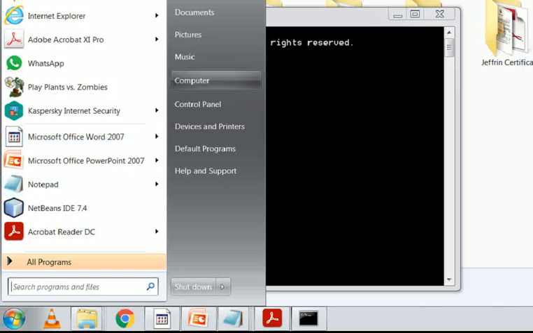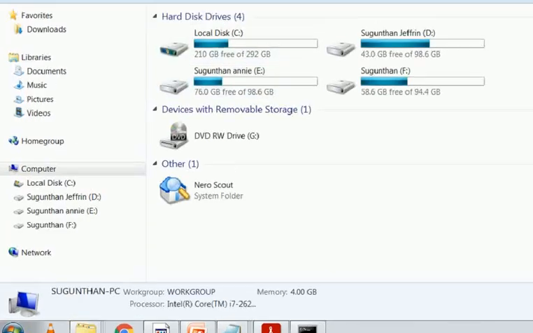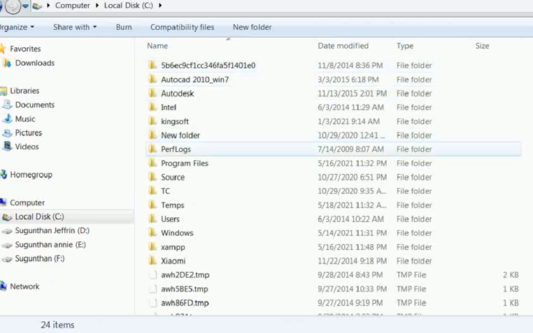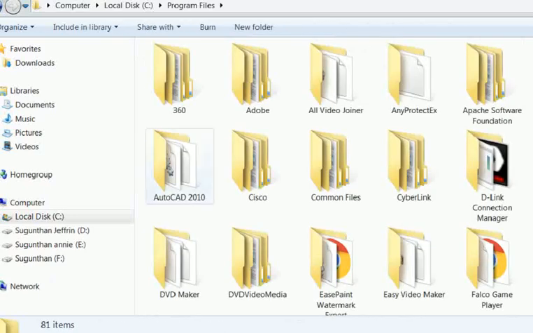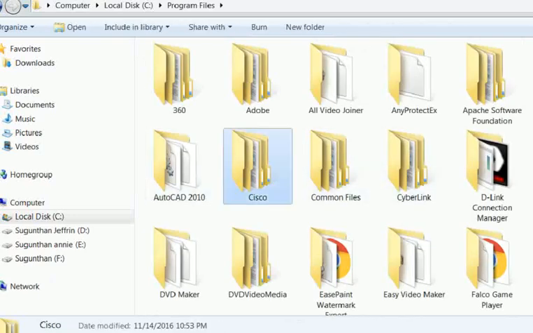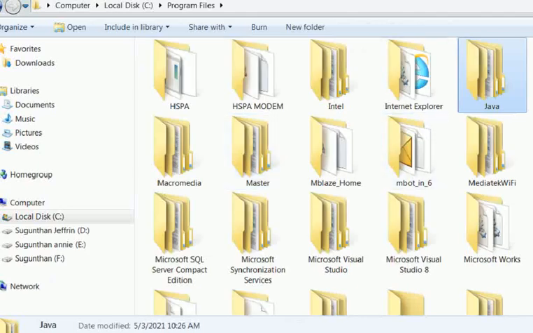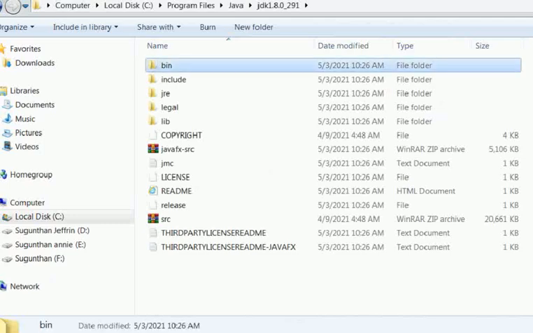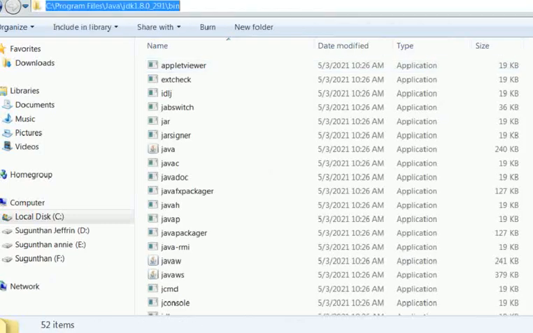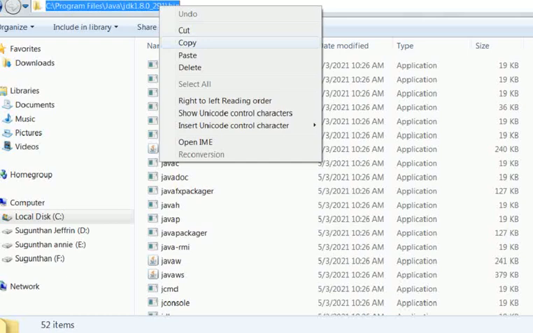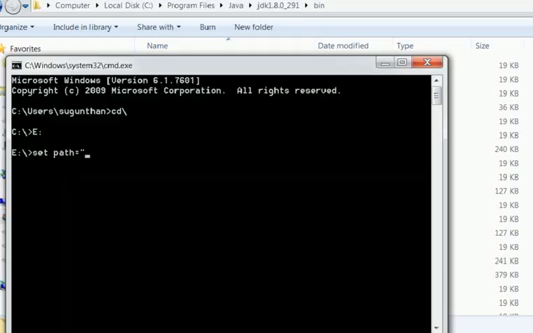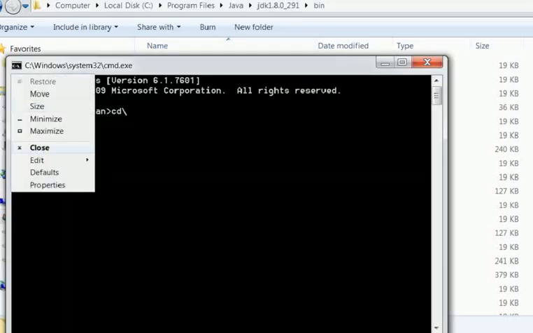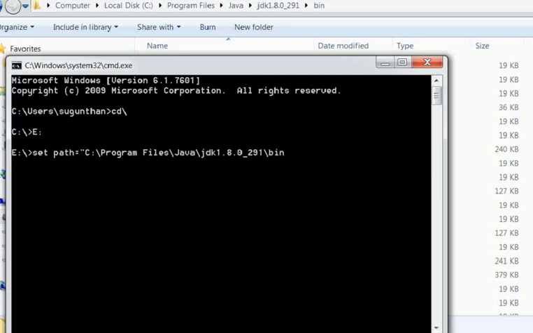Click My Computer, C:, Program Files, Java, JDK, bin. Then click this, copy the path and paste it in the command prompt. Then close the double quotes, enter. So the path is set.